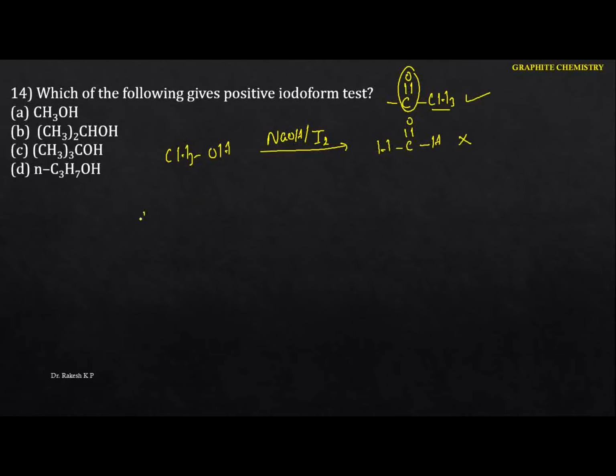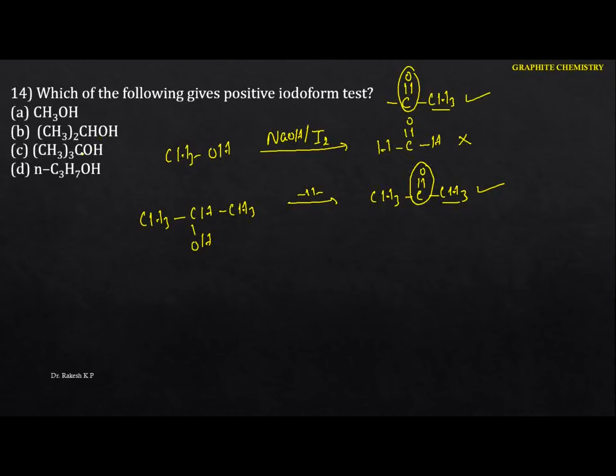So see the next one here. This is the secondary alcohol. So secondary alcohol, again the same condition, whenever it undergoes oxidation, it always gives you the ketone. Just go to this one. Here we got the CO group, and what does it contain? The CH3. Hence it will answer the iodoform test. Okay, hence the option will be B.